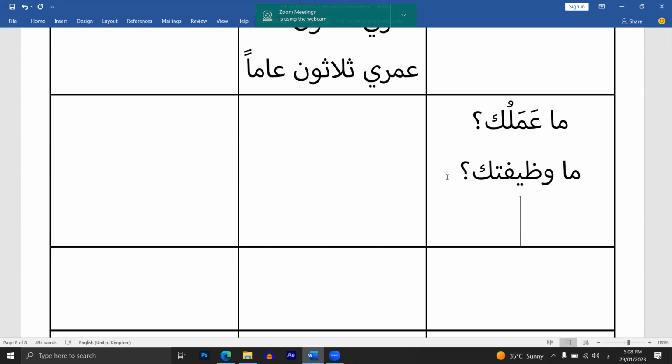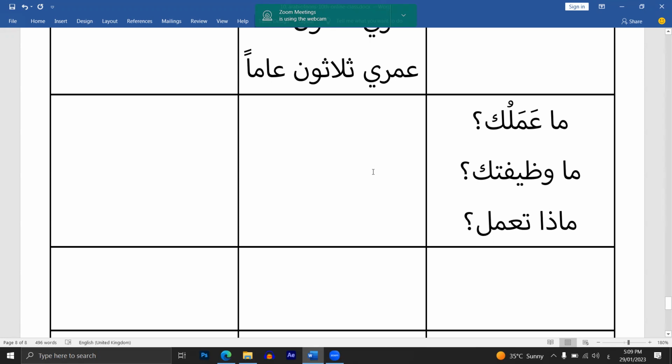Or we can use a verb. ماذا تعمل. ماذا تعملين if we are talking to a female. ماذا تعملان. ماذا تعملون. And lastly ماذا تعملن for feminine plural. We can conjugate this verb based on the person we are talking to. So ماذا تعمل if we are talking to a single male. What are you doing? ماذا تعمل. These are the three basic